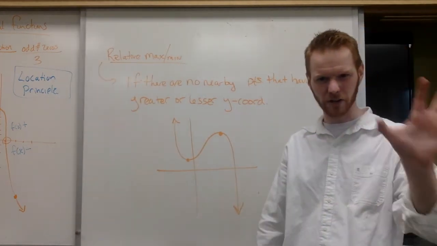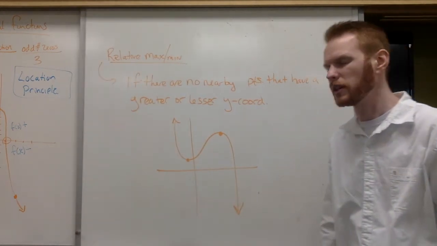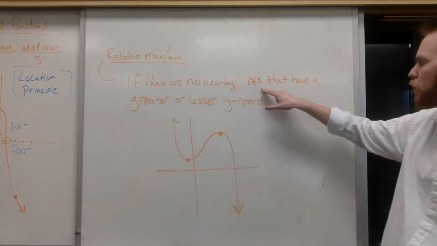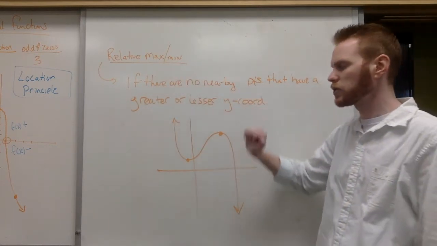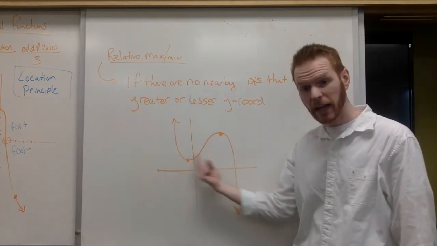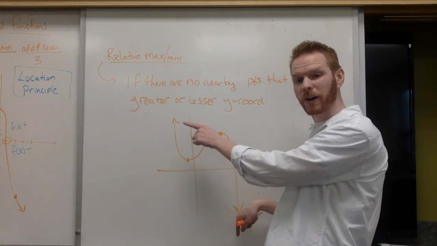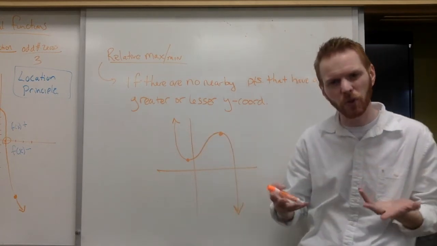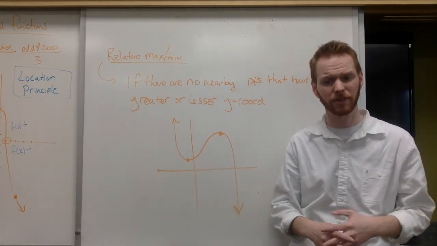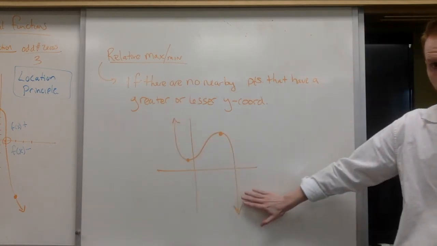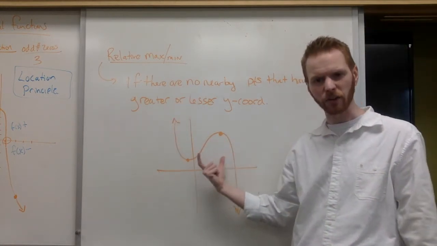The whole thing is actually on my PowerPoints that you can see. But relative max and min, if there are no nearby points that have a greater or lesser y coordinate. Let's say I have this graph right here. Now notice, left and right, it continues forever. All right? So is there really going to be a max or min value here? No. But if I get rid of these 2 endpoints, and I focus on what's here in the center, the